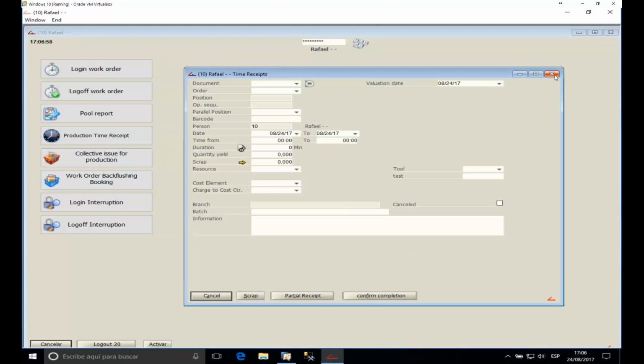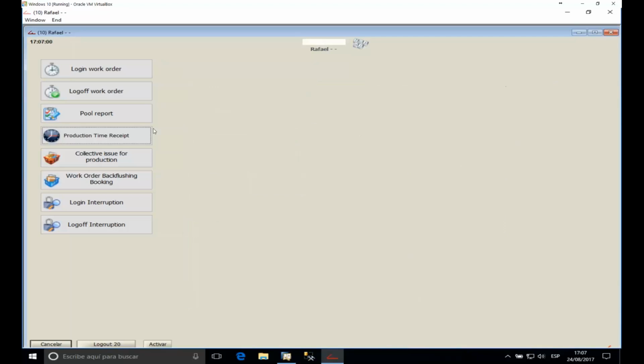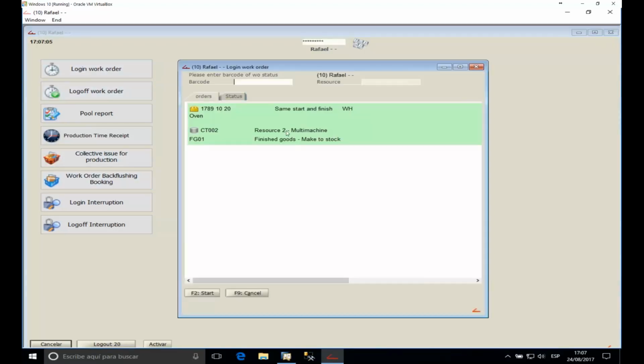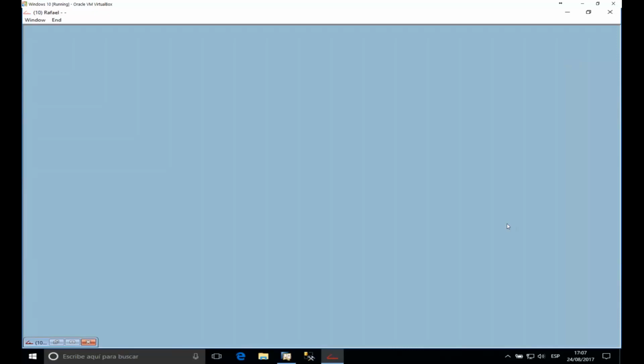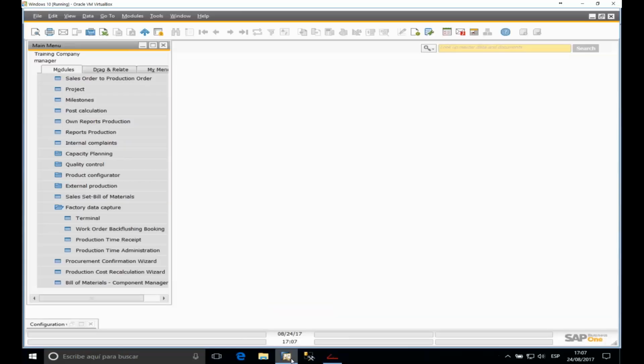The other way to report in the terminal is because we have, in one step, we say login work order, which means we are going to start an activity. At this moment, the system starts a clock. So this operator only has this. Let's open, before it continues, create other work orders,